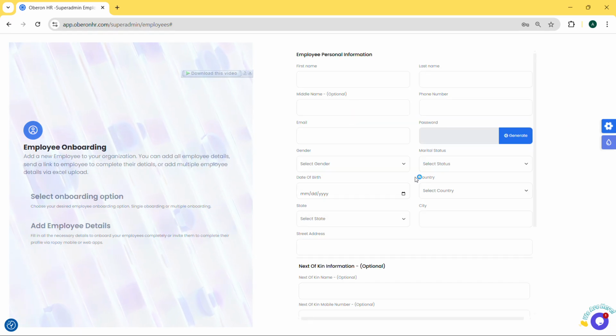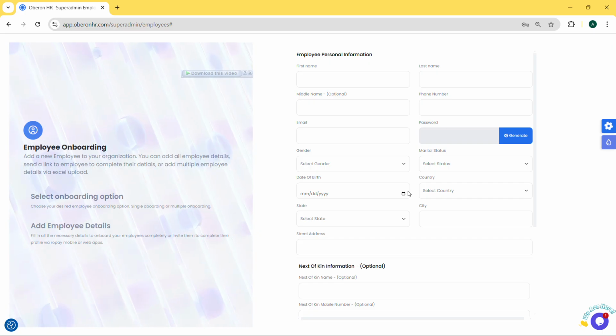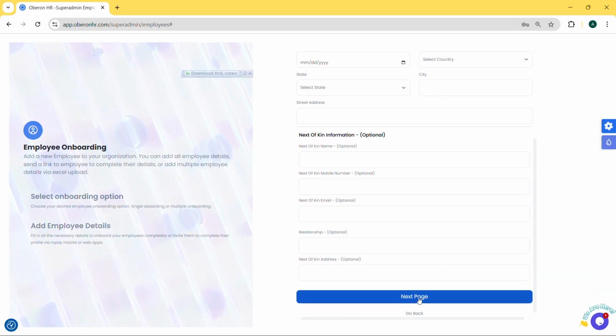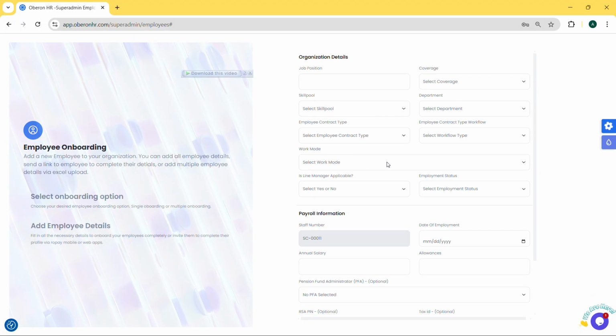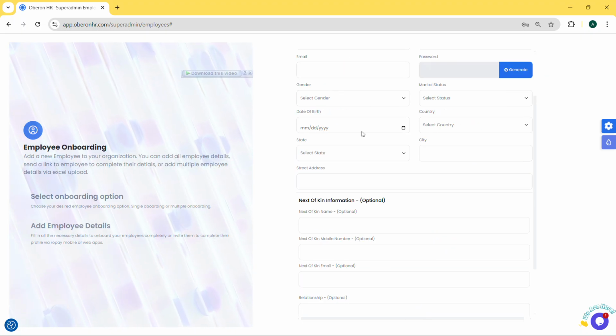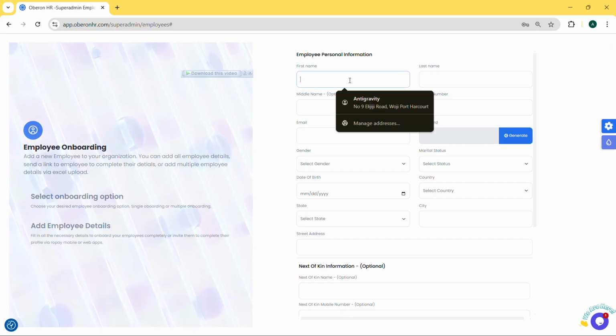I will click on next. Now we did a split in this section. The first part, which contains the employee personal information and next of kin information, is accessible to the super admin, the admin HR, and the admin non HR. But the second section, which talks about the employee's org details and the payroll information, is only available to the super admin and the admin HR, because the admin non HR does not have the required permission to see employee sensitive data. So to go back to filling this information, I should create a user,